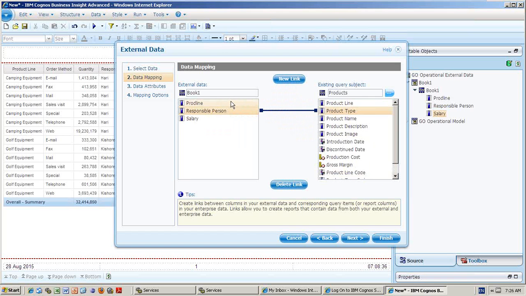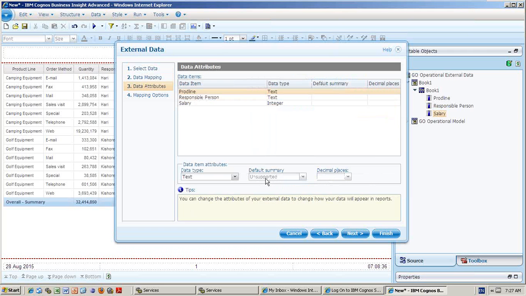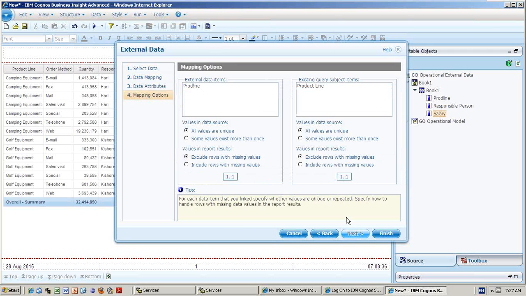Okay, prod line and prod line. Once you click it, you click next. Is it an inner join or outer join? That is the main thing actually. Click next. Here you can see exclude 1 to 1 values, 1 to 1 or 1 to n or whatever it may be. That's the thing you need to change.